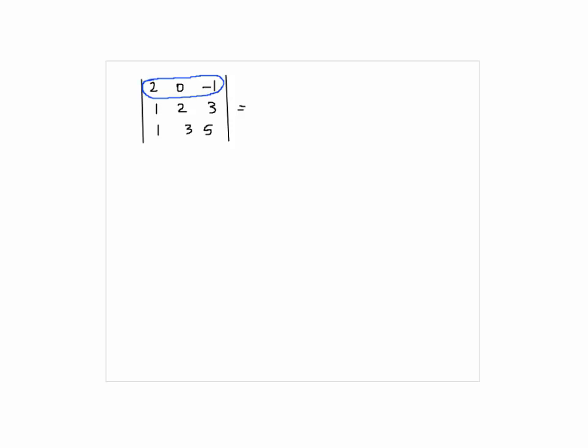now you have to remember the sign for each element. The sign of each element starts with plus here always, and then alternates between plus and minus. So it would be plus, minus, plus. This would be minus, plus, and then again the signs alternate between plus and minus like that. So that would be the sign of each element. So the sign for the first element here, 2, is positive. So here we put positive, and